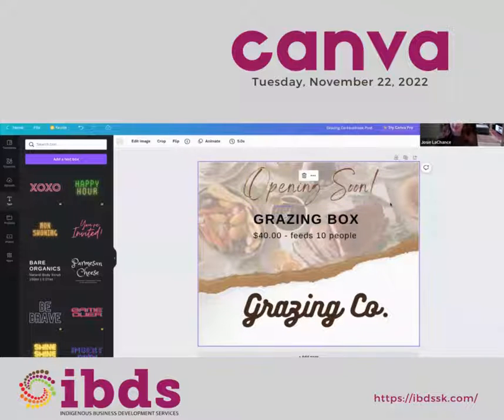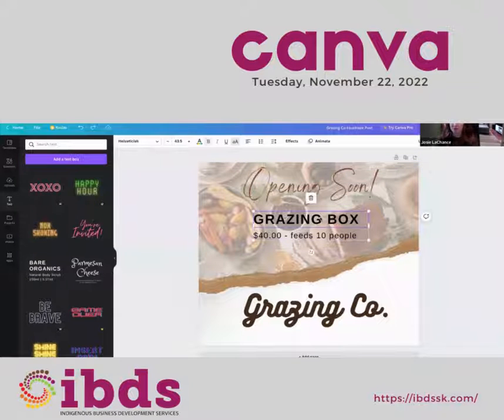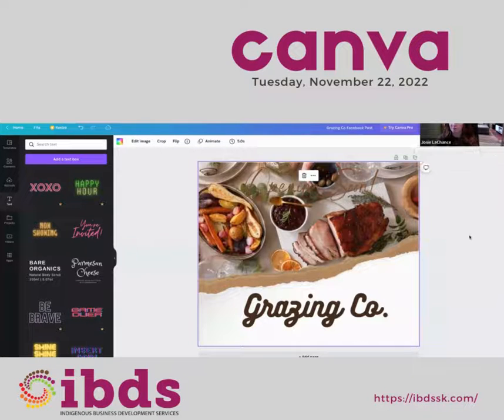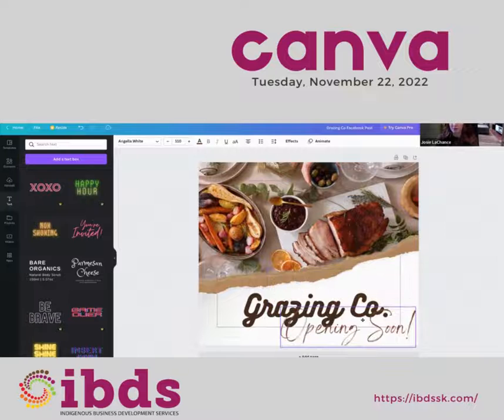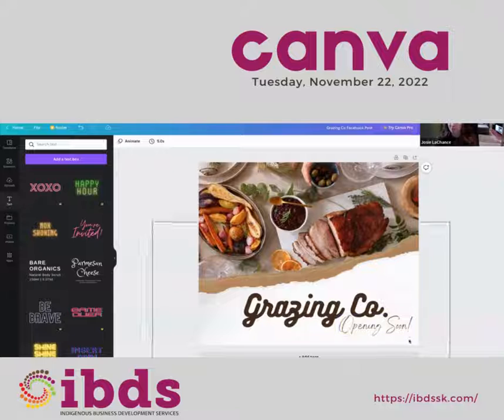Maybe I've decided that the image is actually my focal point. I'm not going to make this a price image. I'm just going to select and delete these, and make it a full image again. You can just grab the corner, and you can also make things smaller this way, and it's very easy to move things around.